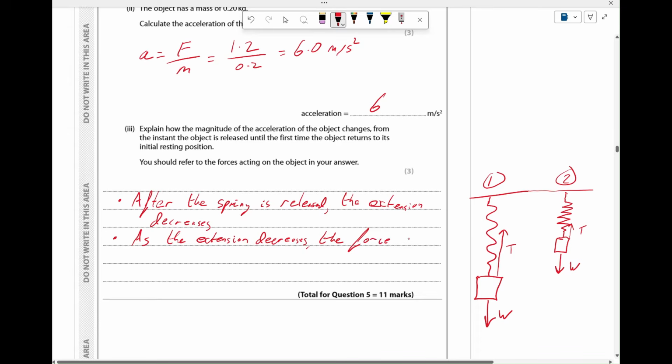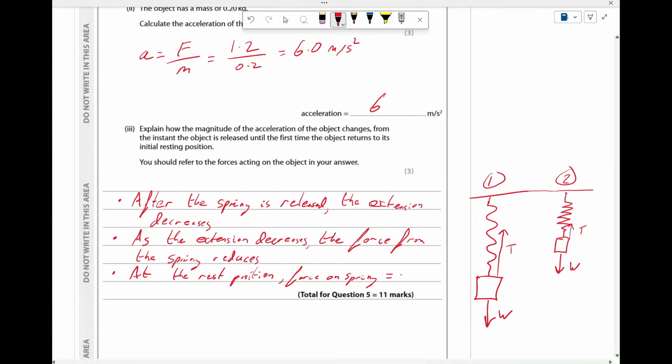the force from the spring reduces. I've called it tension over here, I'll just call it force from the spring. Okay, so eventually at the rest position, the force from the spring equals weight. So therefore, at this position,